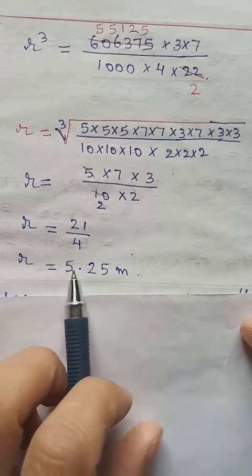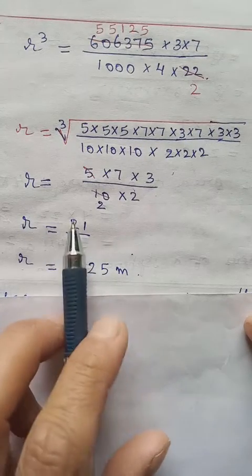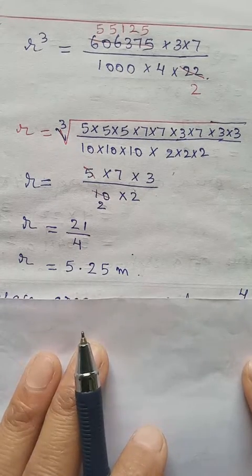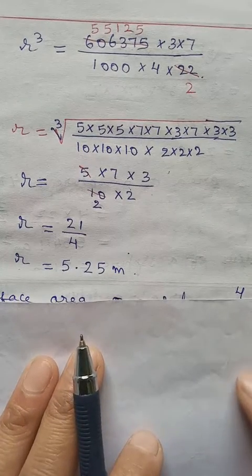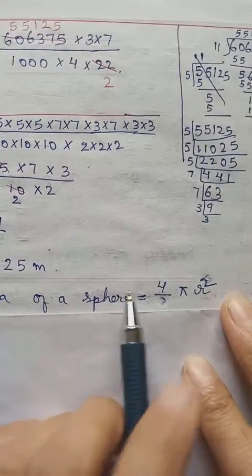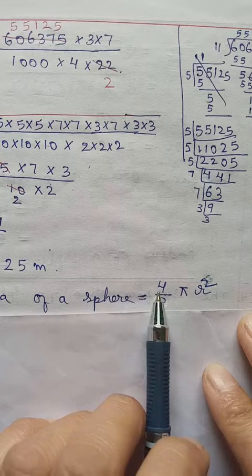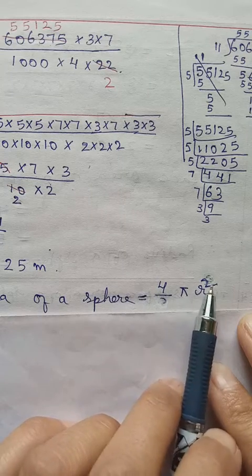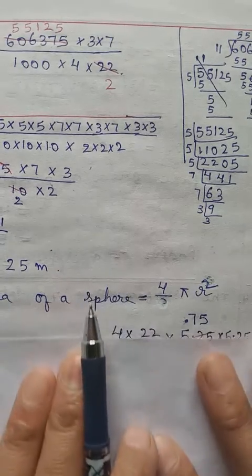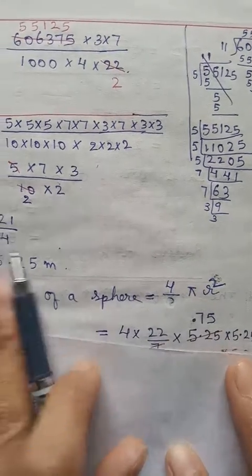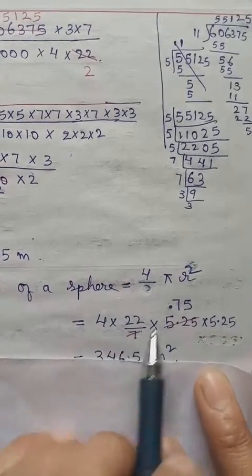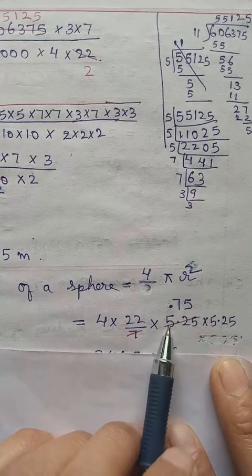If you convert it to decimal, you will get this one, okay? Divide by yourself, 21 by 4. Now we get the radius. Remember the aim of question. It is to find the total surface area of sphere. So total surface area of sphere, we know the formula is 4 pi r square. So 4, write it as 4. Pi, you know, 22 by 7. Then r we already get from here, no? It is 5.25.